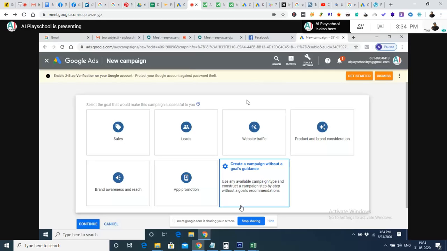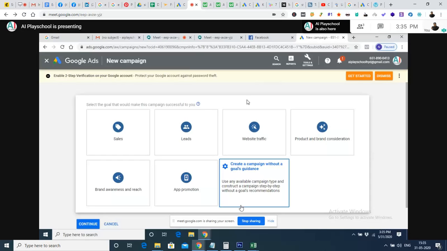And leads are what we get for inquiries rather than a payment and purchase. These are leads, people who are interested in our product and want to know about it. And we will be speaking with the people once they have shown the interest. So those people come into the leads category, and then comes website traffic. Website traffic is whenever we want to run an advertisement and, whenever someone clicks, it has to go to a website. That comes into website traffic.